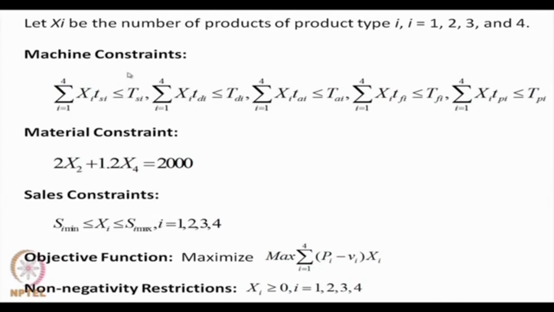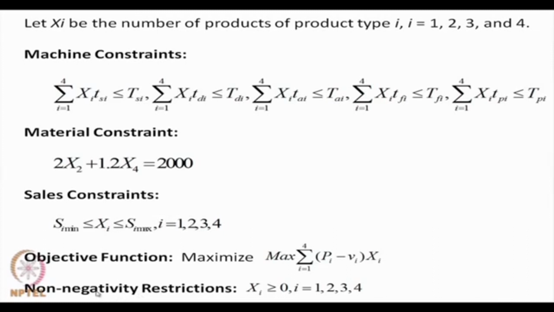The constraints in this particular example are machine, material and cells. Then we had an objective function, which was in this case to maximize the contribution to profit from the 4 products,